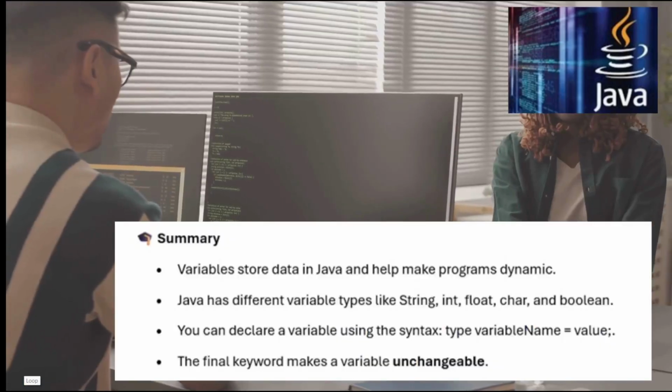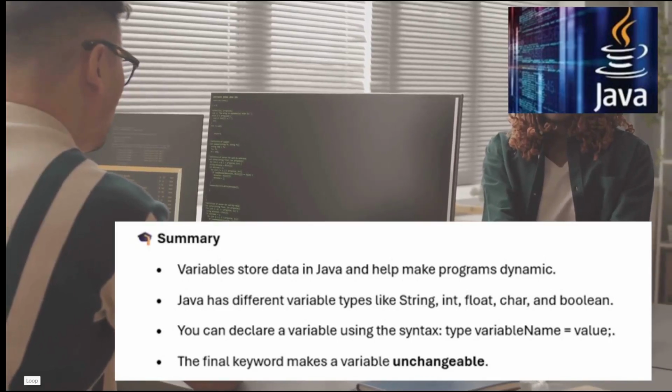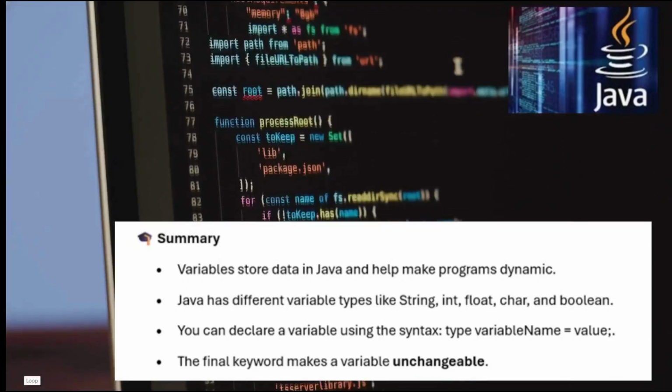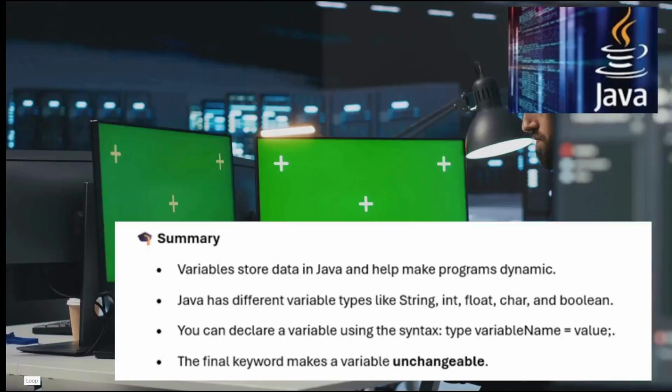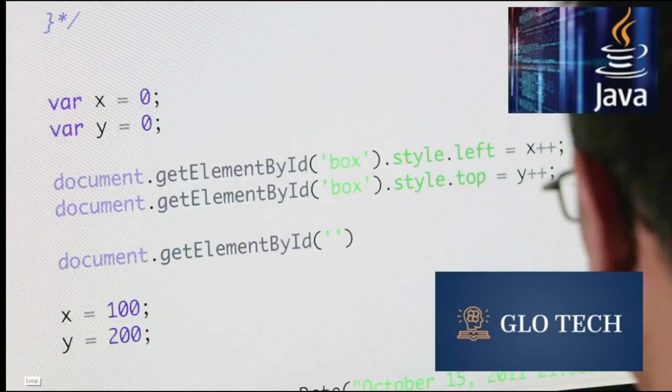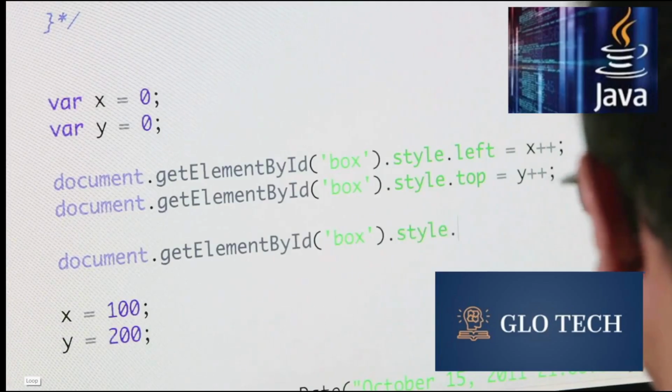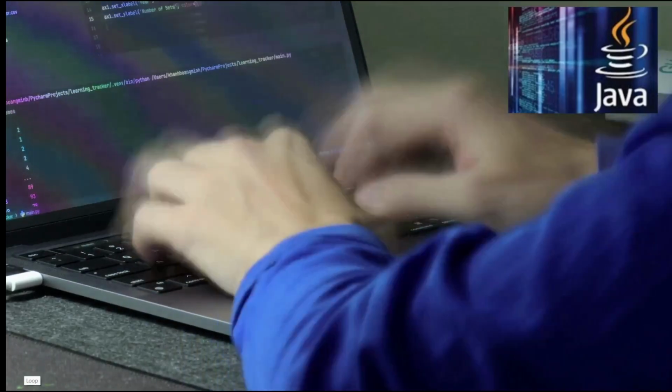In conclusion, variables are essential components of Java programming. They act as containers for storing and managing data, making it possible to create dynamic and interactive programs. By understanding the different data types, declaration syntax, and usage of variables, you take a significant step toward mastering Java